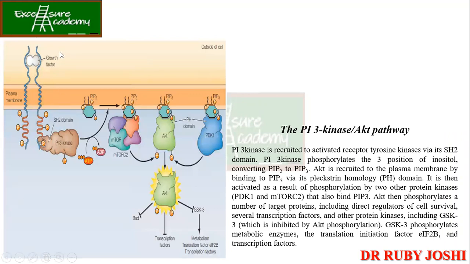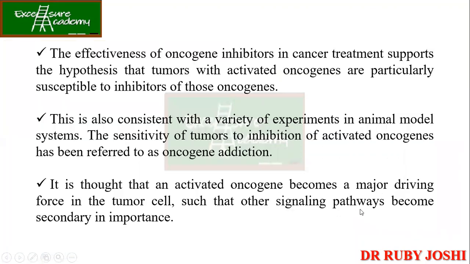Again, you can see the growth factor comes, it binds to the receptor, it gets autophosphorylated and activated. Then PI3 kinase has the SH2 domain, which binds to the phosphorylated tyrosine kinase domain. This gets activated, it converts PIP2 into PIP3, which then binds to mTORC2, which activates your AKT. AKT gets activated and then it is going to drive further transcription or inhibition of the